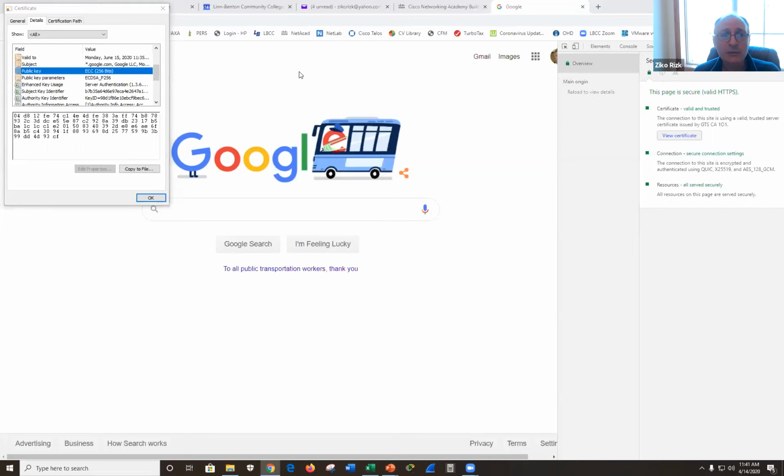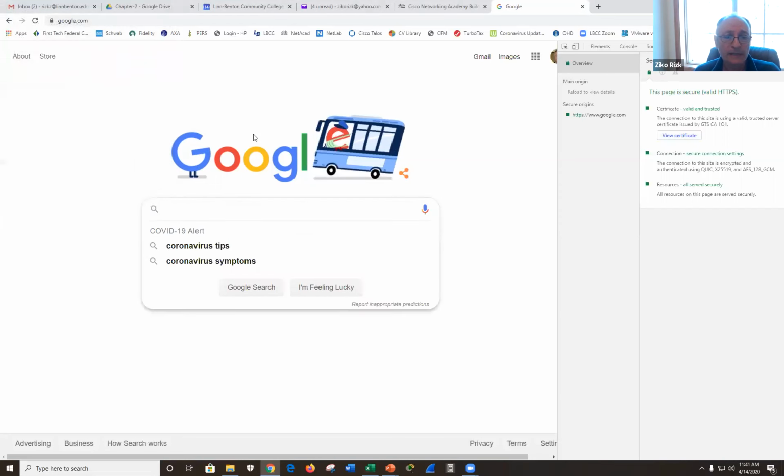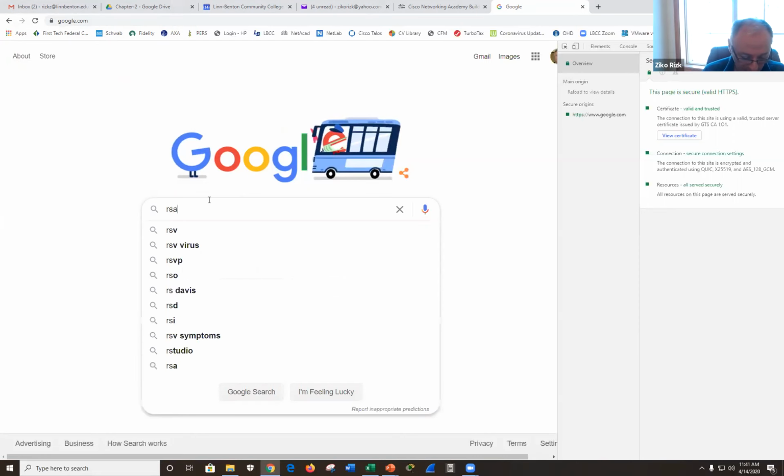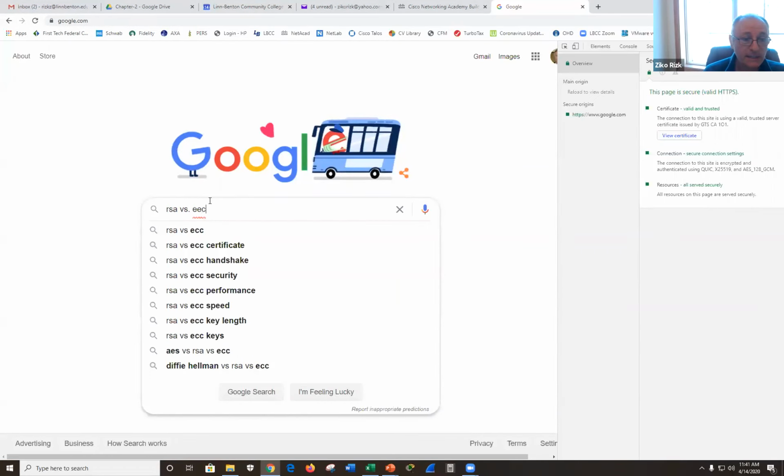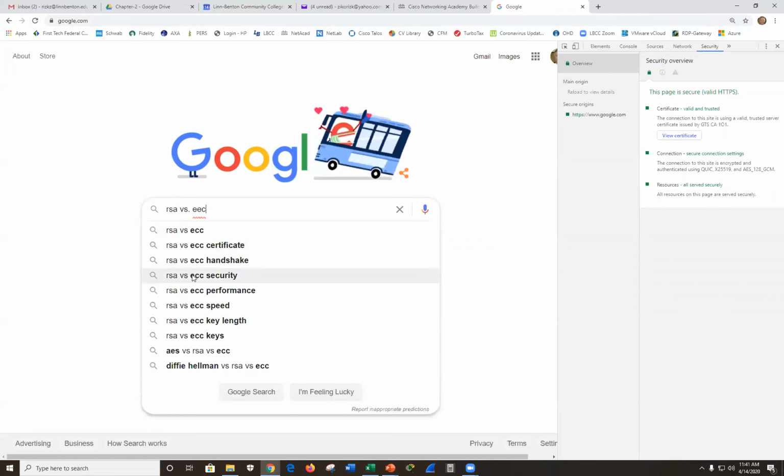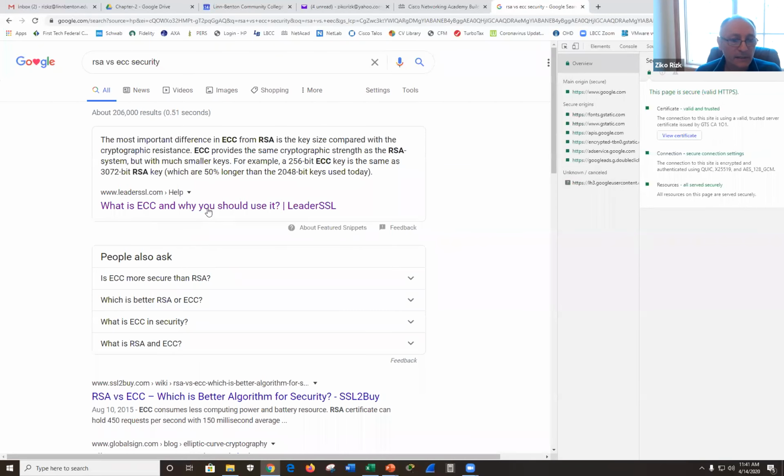And then if we stay with Google and come over here and do RSA, that's the algorithm we're using with 2048, versus ECC. And then you can read about it.